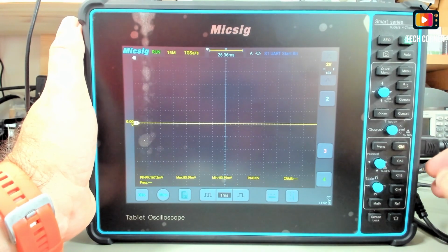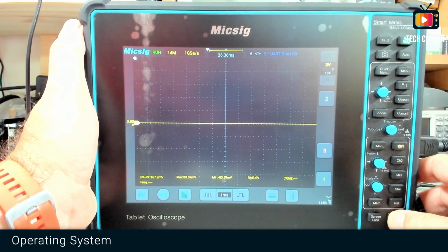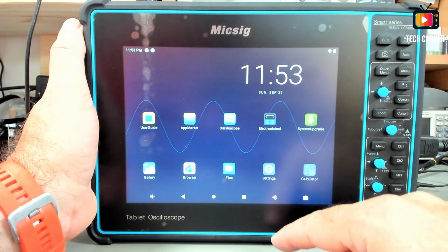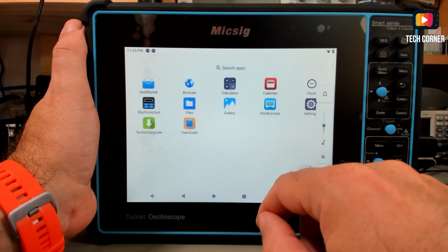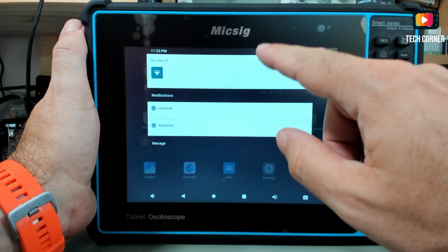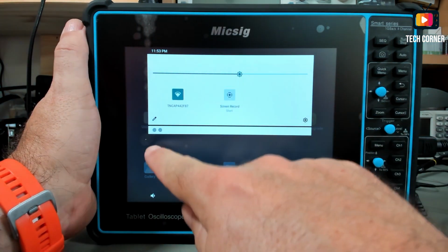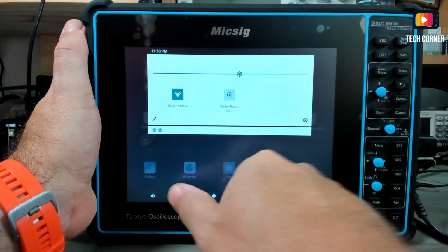Okay, so let me talk a bit about the operating system. This runs on Android, modified version. If you press here, you come to the main screen. It's equal to the Android tablets in many ways. You have here the selection of applications and stuff like that. If you go from the top, you have here the definition for Wi-Fi, and you also can do a screen recording. Going back to the main window,